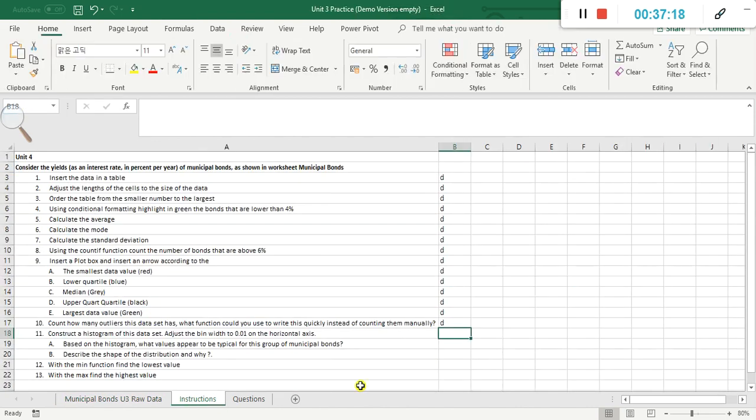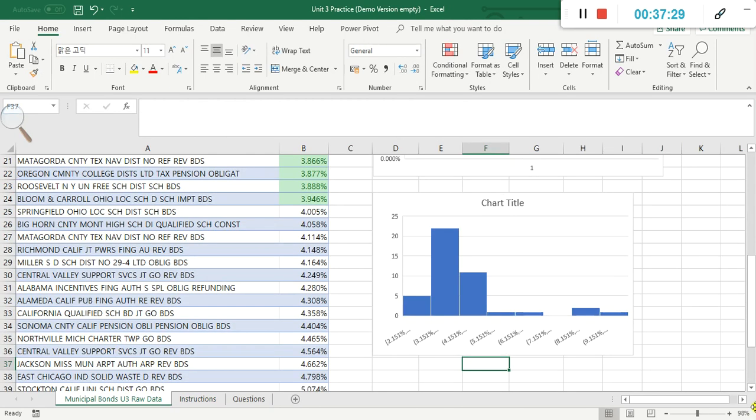So in this one I adjusted the horizontal axis. Based on the histogram, what values appear to be typical for this group of municipal bonds? When we look at this histogram, is it normally distributed or skewed? So we have